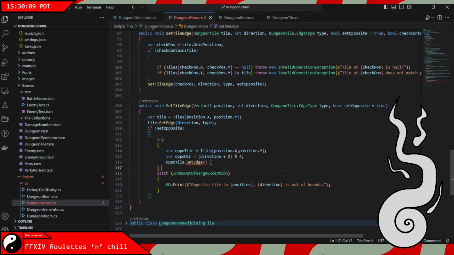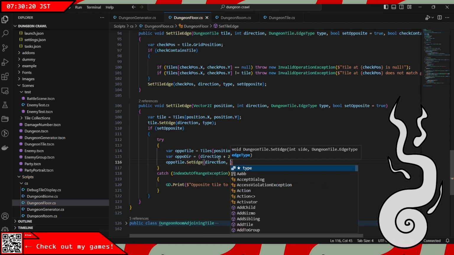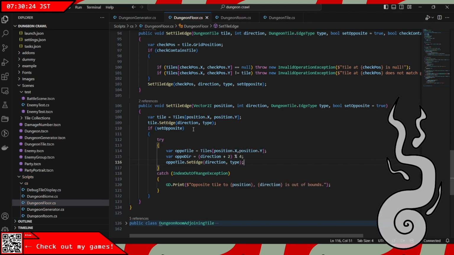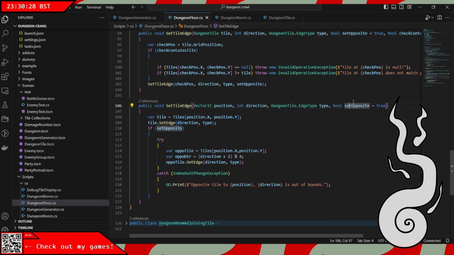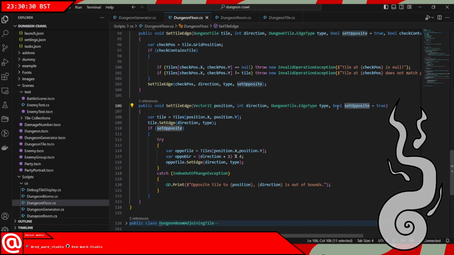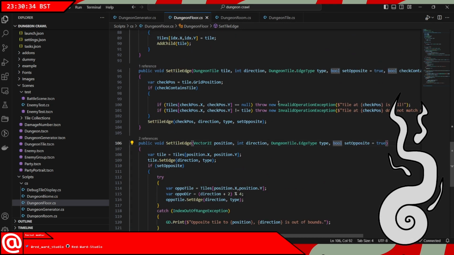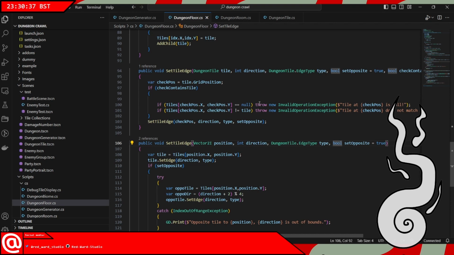So set edge. So yes. Direction. Type. That's if it's set opposite, and then if we want to make sort of a one-way thing, I can change it later and then have set opposite as false. So that's setting a tile edge. Now,